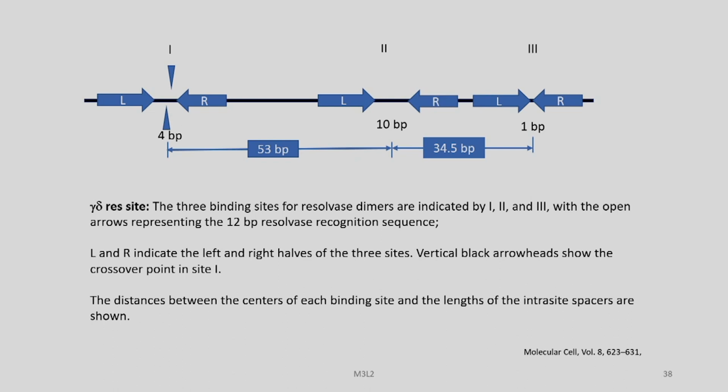This L and R indicate the left and right halves of the three sites. So, for first site L and R, second site also L and R and third also L and R. The vertical arrows indicate the crossover point at site 1 here. The distance between the centers of each binding site and the length of the intersite spaces are also shown in this figure, around 53 base pairs here and